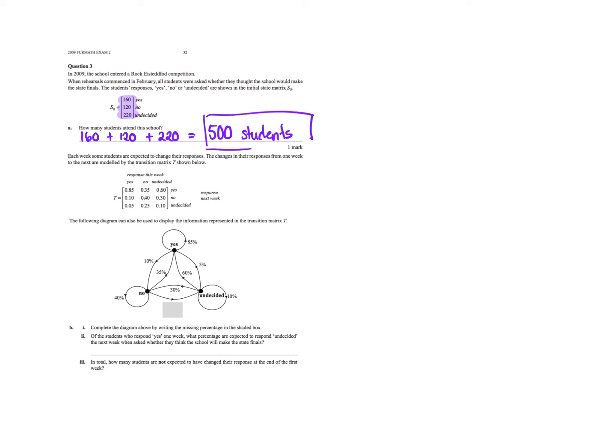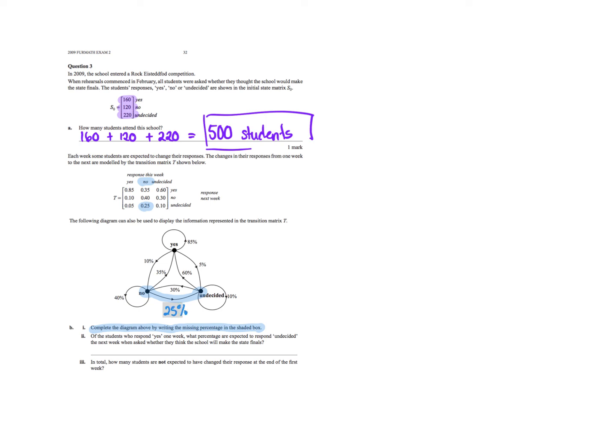Okay. Each week, the students are expected to change their response, and they change using this transition. The following diagram can be used to display the information represented. Complete the diagram by writing in the missing percentage. So the missing percentage is going from no to undecided. So no this week to undecided next week is 0.25. So we don't want to put the proportion, we want to put the percentage because that's what they've put there,